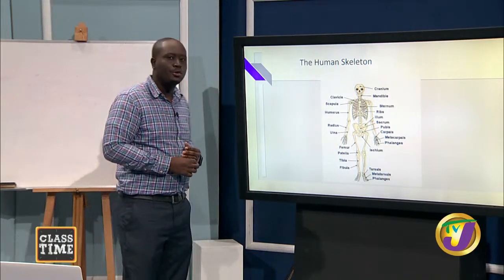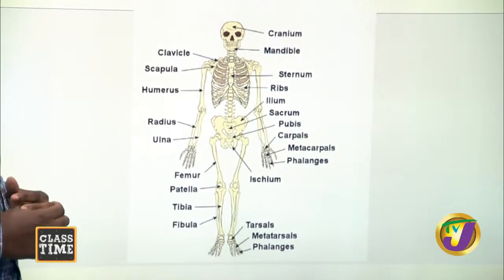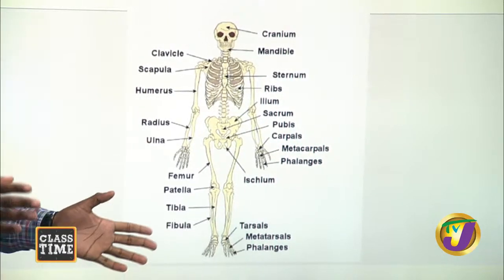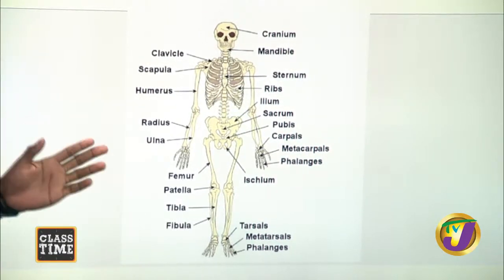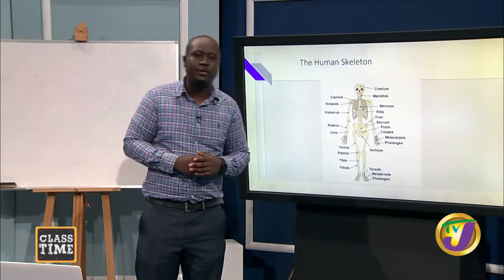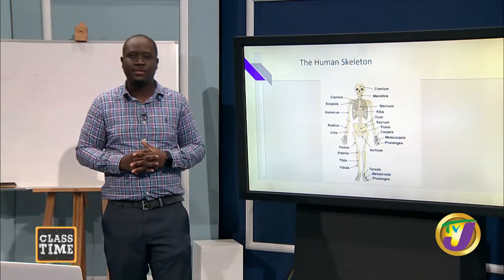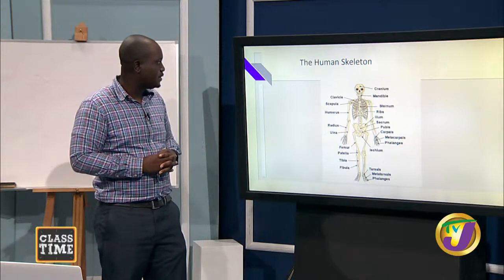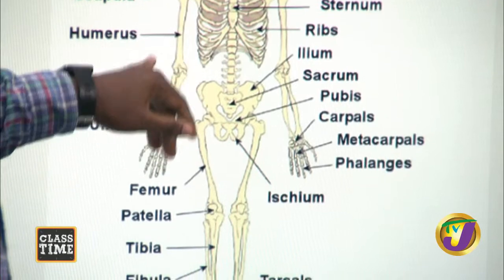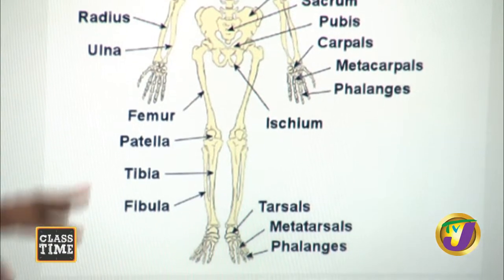Now, you should know all the different parts of the human skeleton. I told my students, and I'm telling you, that it's good to get a picture of a skeleton and hang it up somewhere in your room, so you see it before you go to bed at night and when you wake up in the early morning, because you need to know all the different bones of the human skeleton. So you need to know the major bones: the clavicle, humerus, the femur, the tarsals, and